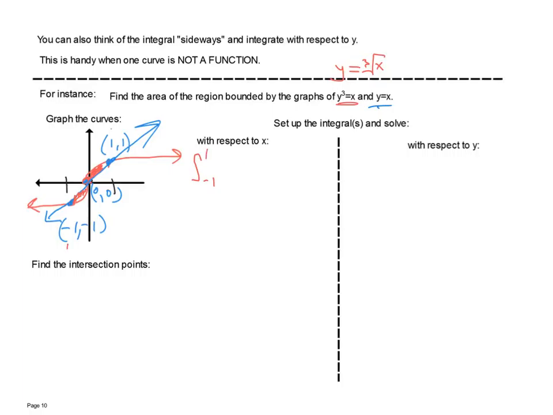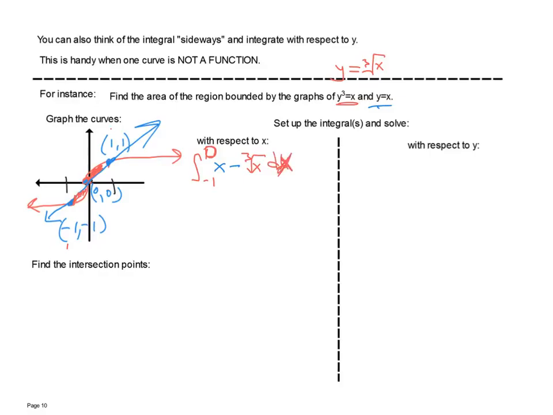And I have to go to 0 because my top curve switches, which I just got done saying and didn't take into account. Okay, so on the first part, my top curve is the line, the blue curve, so x. And then my bottom curve is the cube root function, so that guy, dx,